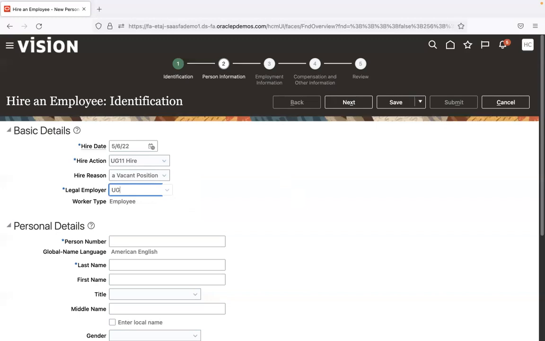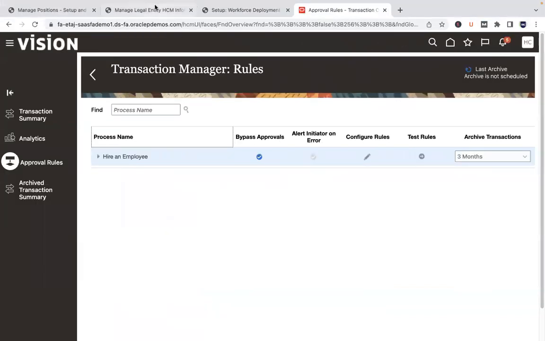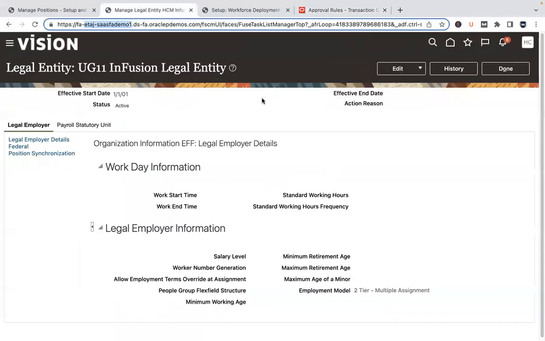And yes, I want to hire the employee into our legal entity that we have created. And remember, for you to see your legal entity here, what is it that you need to enable on the legal entity configuration? There is a legal employer checkbox that you need to tick. Hopefully, I don't have to go in there again. But if you go to a legal entity setup,